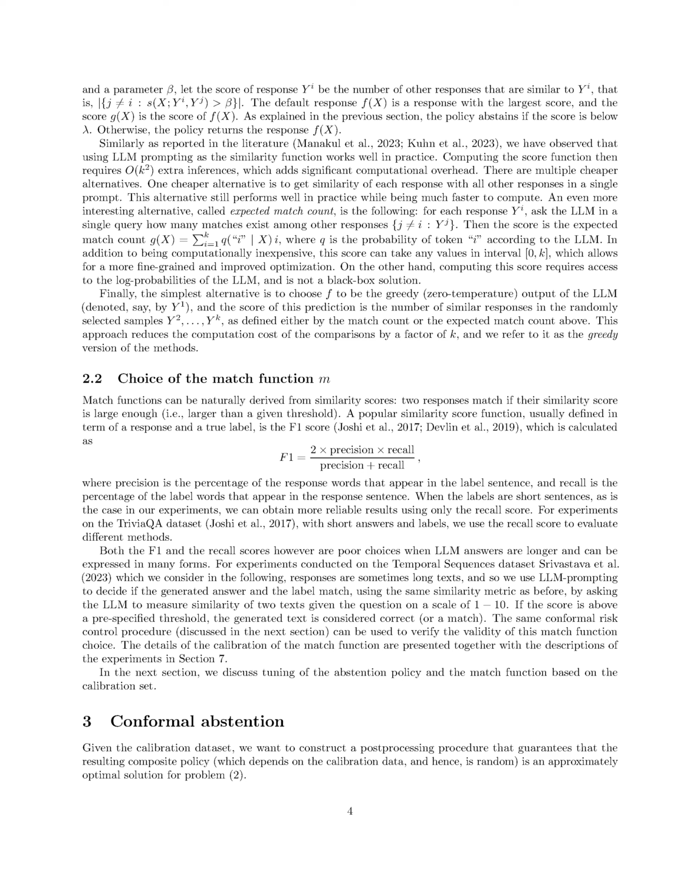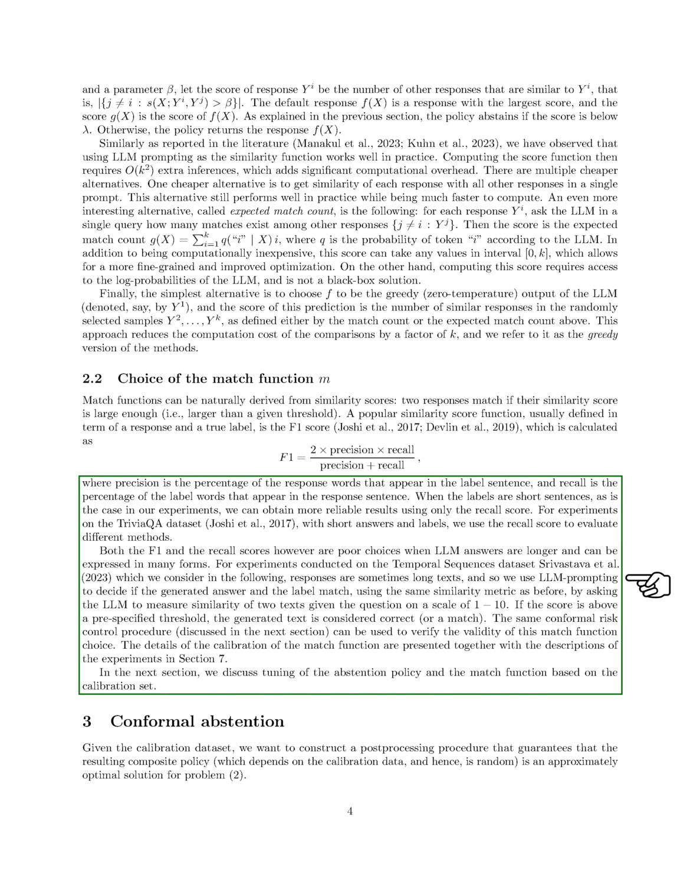Section Summary. In this section, we discuss the choice of the score function g and the classifier f for the LLM. We augment each question-answer pair with k samples generated from the LLM, and consider two score functions, match count and expected match count, which offer different computational trade-offs. The match function is derived from similarity scores, with options like the F1 score or recall score, depending on the length and nature of the responses being evaluated.